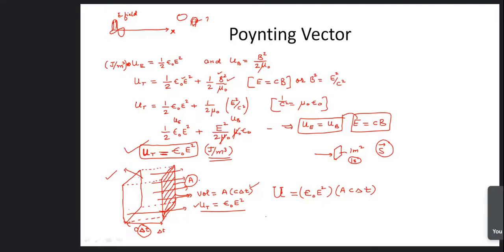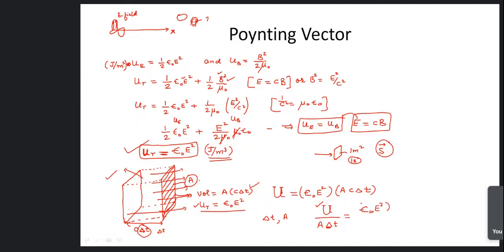So what is the time? It is delta t, in which this whole energy will flow through, and the area is A. So I have to make both one, or you can say I divide this total energy by the area and by delta t. This gives me the total energy propagating through unit area in unit time. This is flowing through area A in delta t time. So I have divided that by A and delta t to get the energy flowing through unit area and unit time, which equals epsilon naught E square